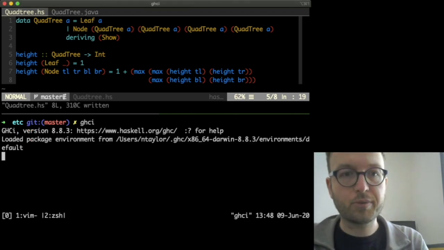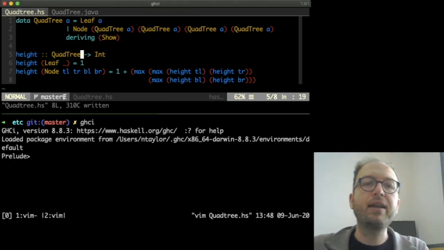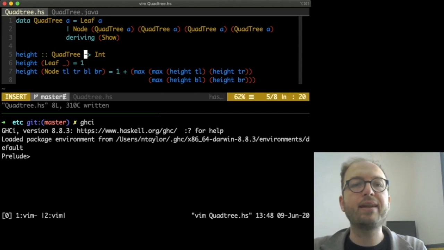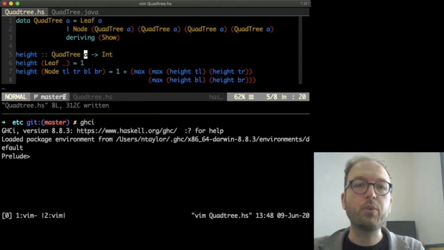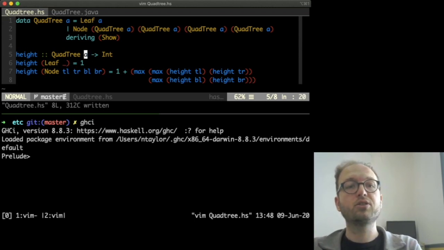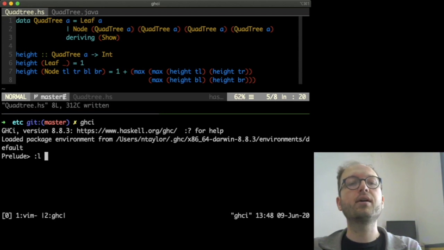Okay, let's open up the Haskell interpreter. Before we load this file, I also need to change the data definition of height to consume a quadtree of any type A, because we don't actually ever do anything with the value, so we can leave this A unspecified here. So let me load